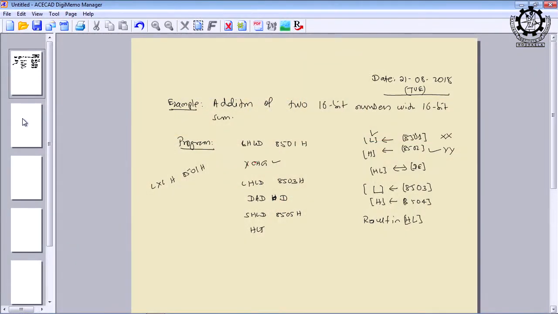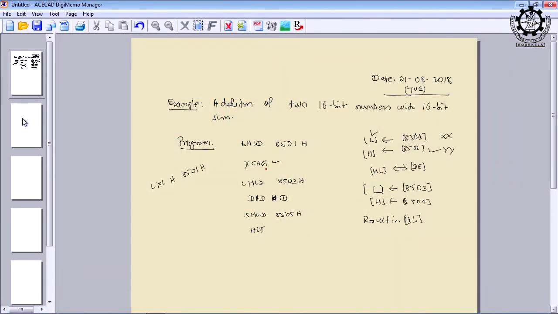If it is a 1 byte instruction, its function is that whatever value is in HL will be stored in DE, and the DE contents will be stored in HL, that is swapping. That is why it is called exchange.